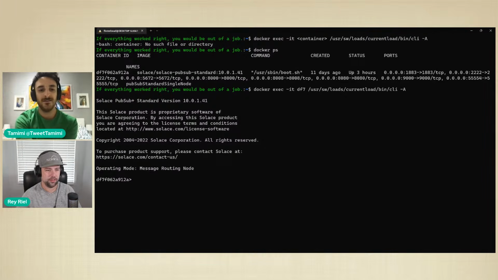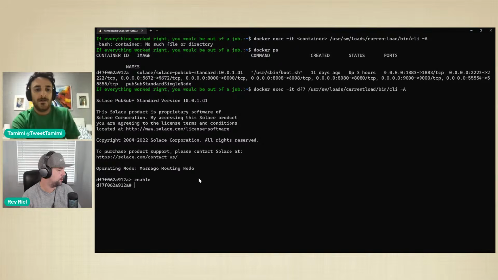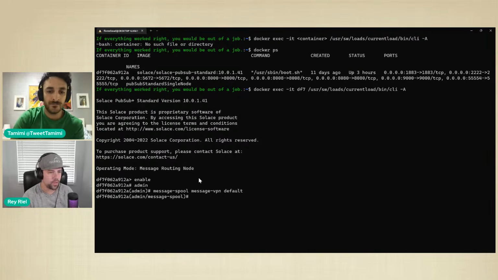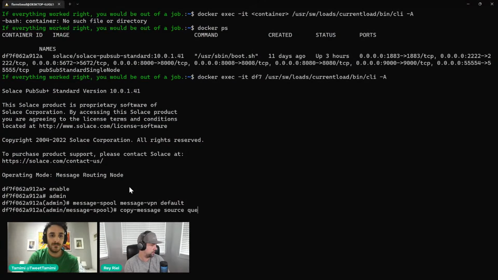No worries. Okay. So now that we're in the CLI, we have to get down to our message spool level. You type enable, and then we go into admin, and we go to message spool, message VPN, and specify the VPN name, which is default. And then we will do copy message, source, queue